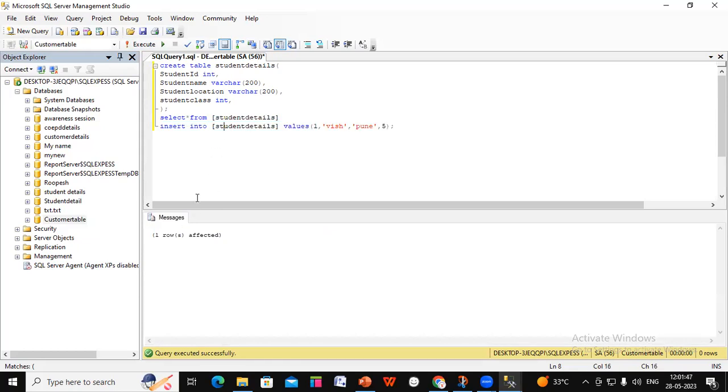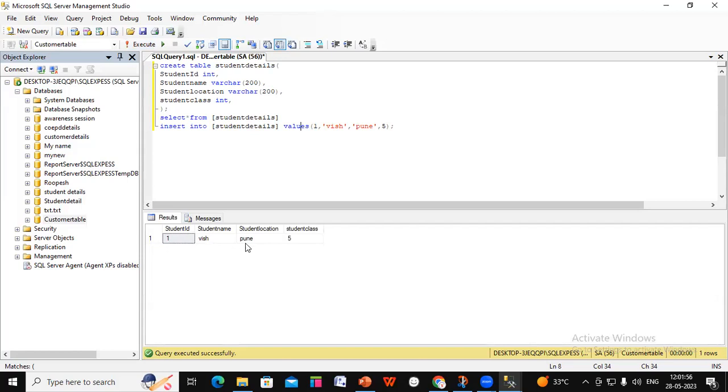If I insert this data into the table, it says one row is affected. If you want to see the table, you can execute "select star from student details". See, the data is inserted into the table. If you want to insert into the table again,